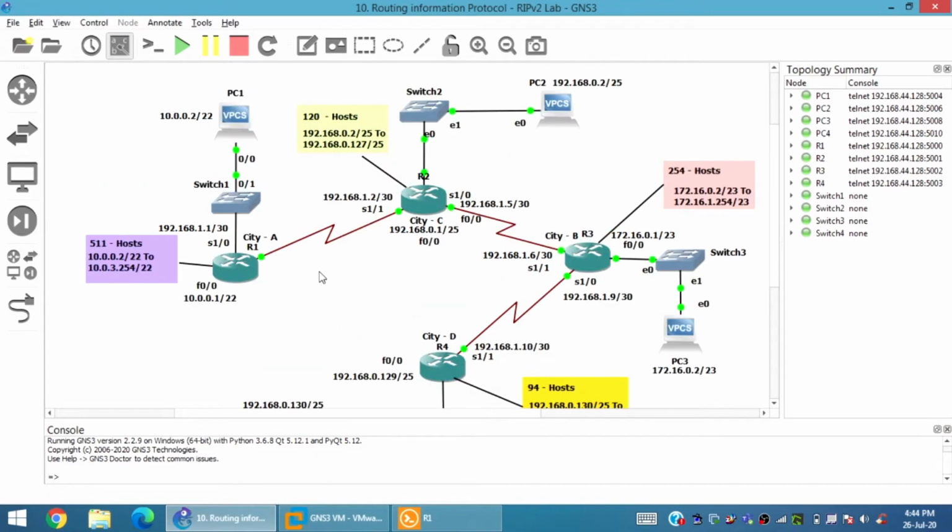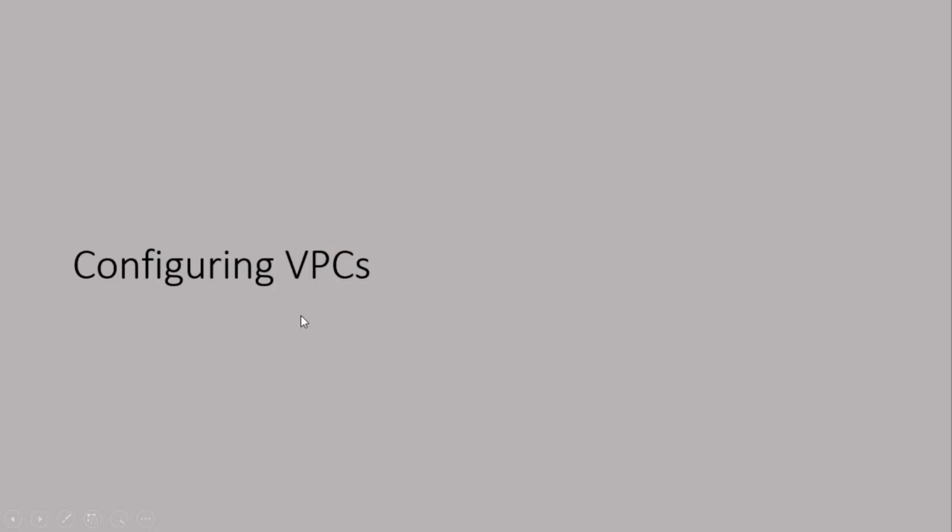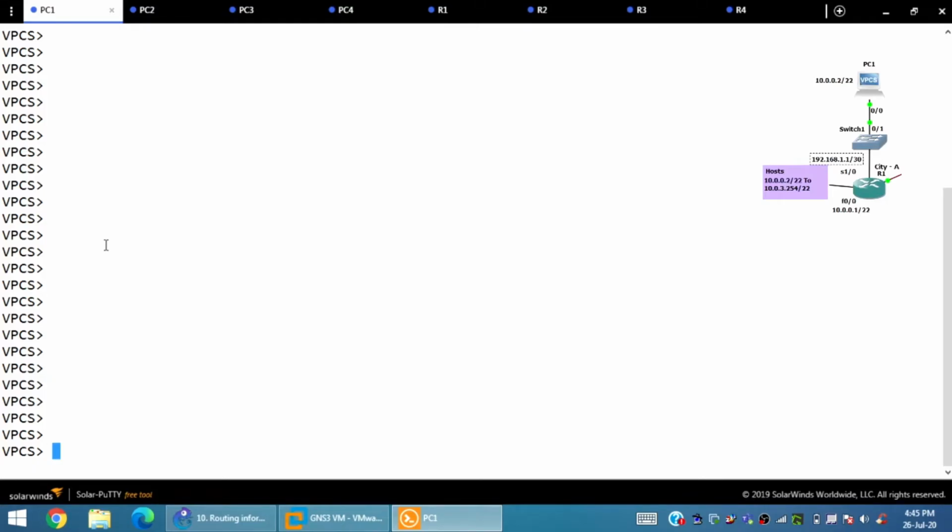It's simple and as easy as you think. The last concept that we have to take care of for the VLSM lab is configuring VPCs. So let's go for VPC. City A contains IP address 10.0.0.2/22, and the IP address of the gateway is 10.0.0.1.